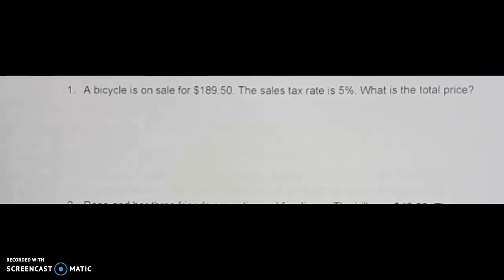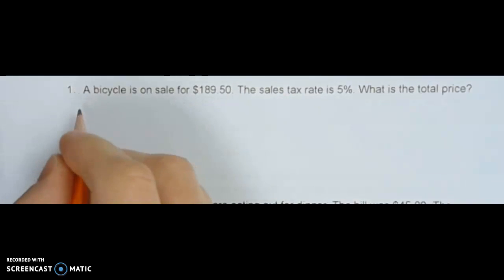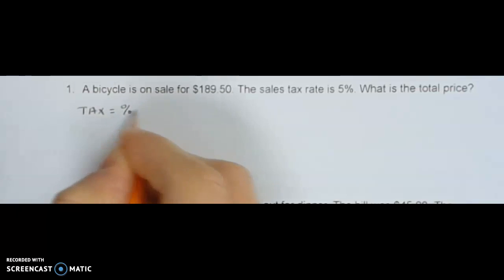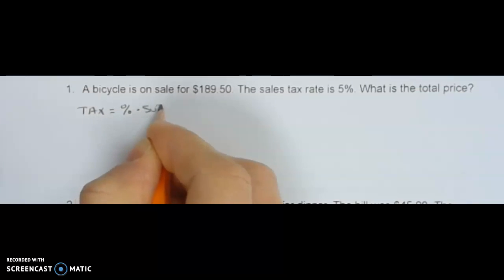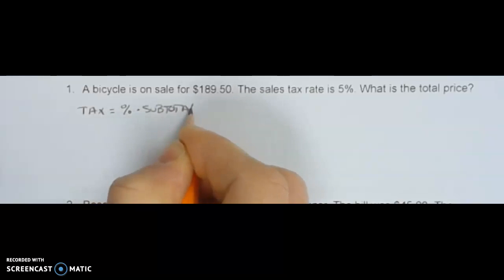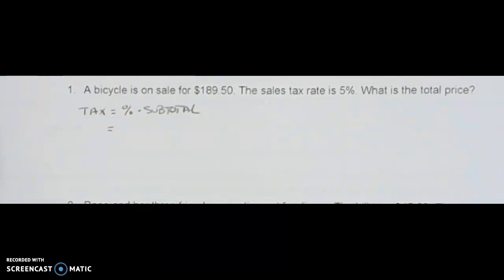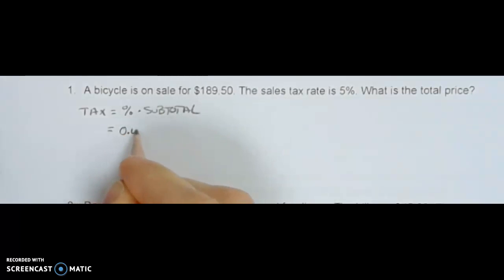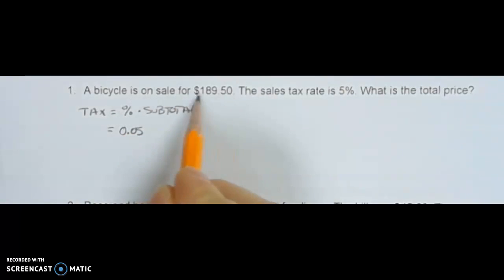And so what we're going to have to do here, since we're talking about the sales tax, is use the tax equation. Okay, and that equation says that tax is equal to a percentage of the subtotal. So in this example, for the tax rate, they've told us it's 5%. We'll convert that to a decimal by moving the decimal back twice, which will give us 5/100ths. And the subtotal of the bike is